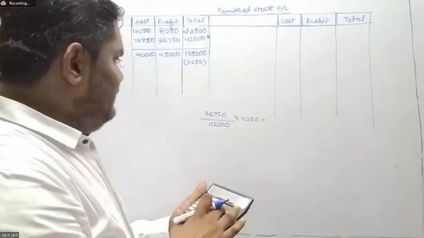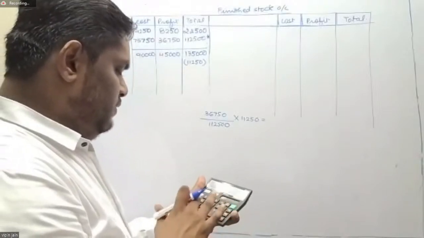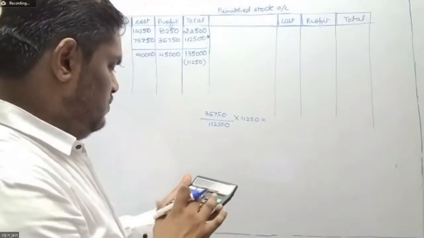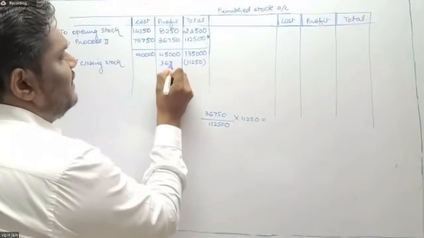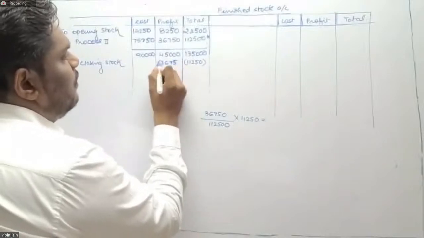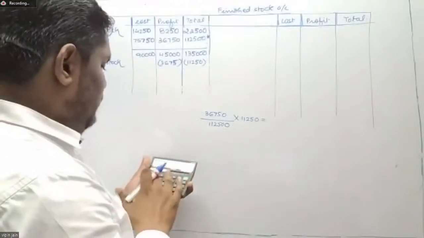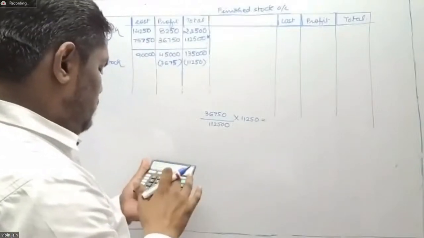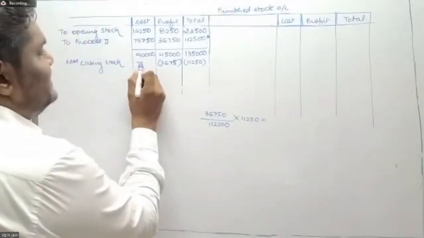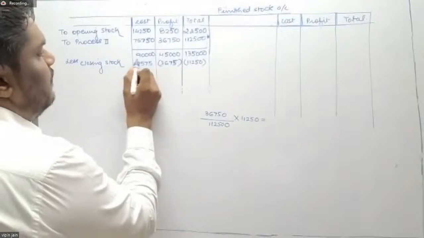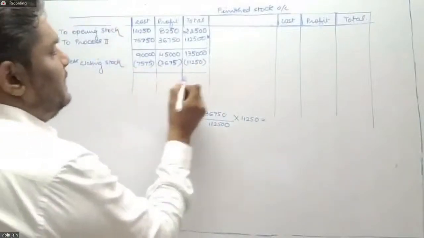So 36,750 divided by 1,12,500 times 11,250. So this will be 3,675. So this will be 7,575. So the final value will be